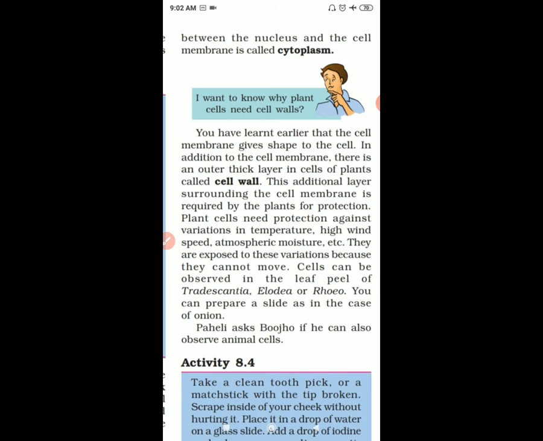ठीक है ना, वो ह्यूमन सेल में नहीं होगा, एनिमल सेल में नहीं होगा, it is only in a plant cell which has a cell wall. सेल मेम्ब्रेन सबकी होती है। सेल मेम्ब्रेन के बाद एक एडिशनल थिक सराउंडिंग is there which protects them from atmospheric pressure or moisture, anything, because they can't move. It is called a cell wall. Understood now? Nucleus, cytoplasm, cell membrane, and in a plant cell one more covering, that is cell wall. Okay?